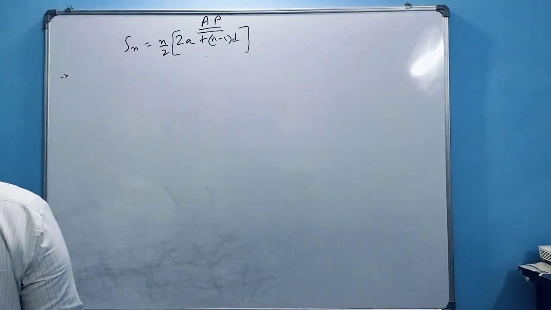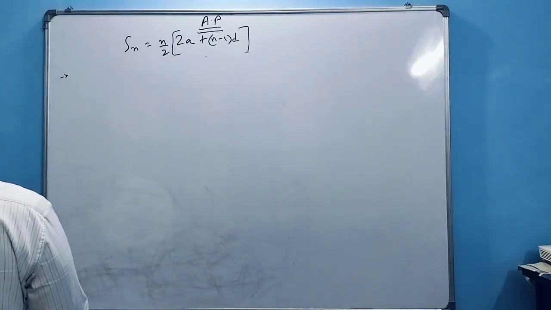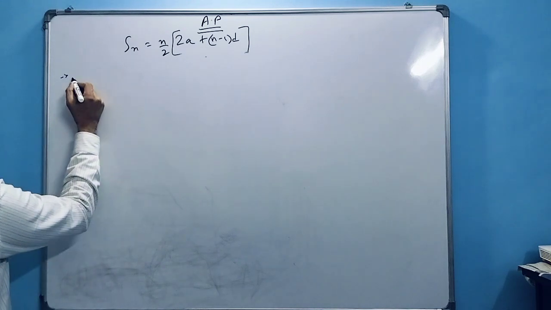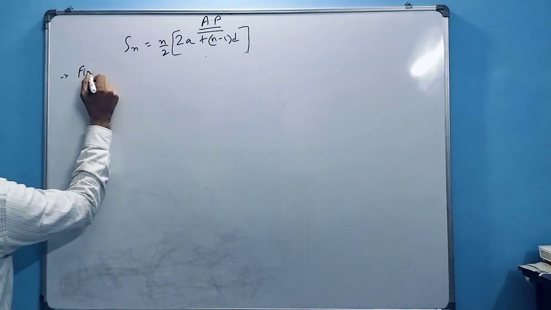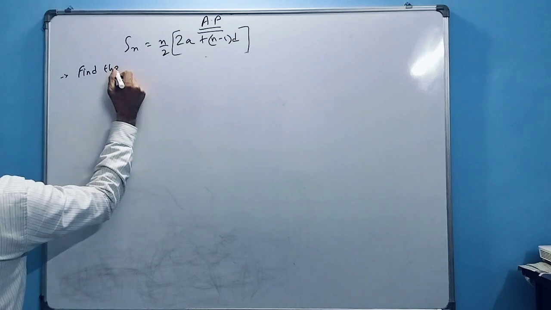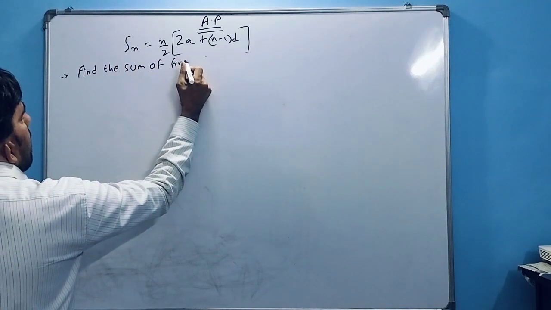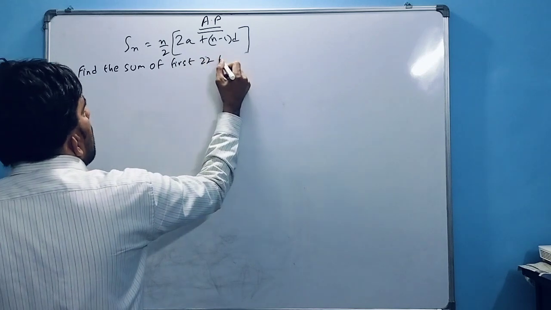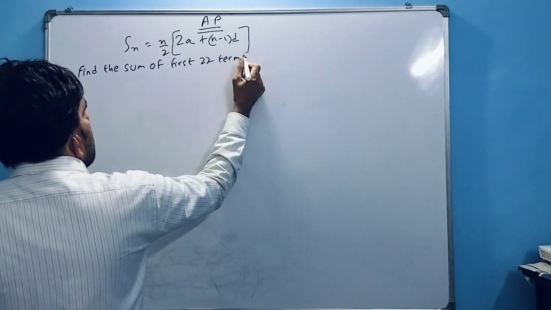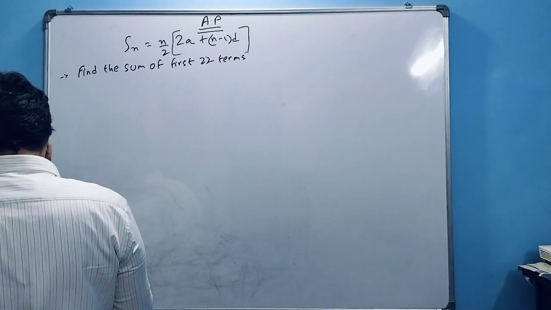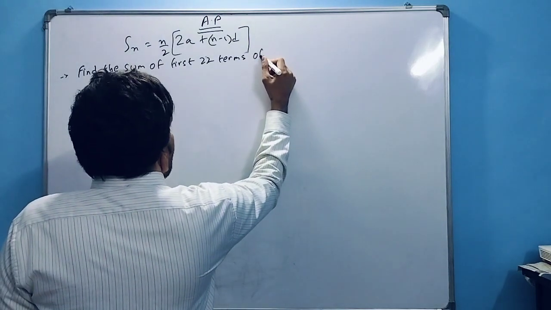In this they are asking to find the sum of first 22 terms. Find the sum of first 22 terms of an AP